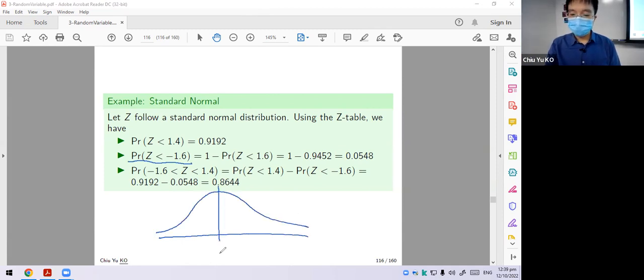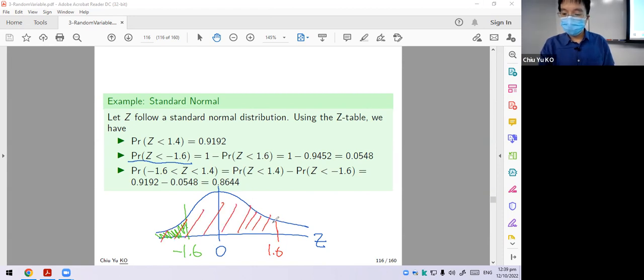Remember, normal has mean 0 here. Okay, that is here, and negative 1.6 is here. So the question is asking for this area. The smart thing to do is look at the negative table. Of course, you can look at positive as well, but with positive, you will be doing this: 1.6, and you'll be doing the red area, but you should subtract it from 1, then we